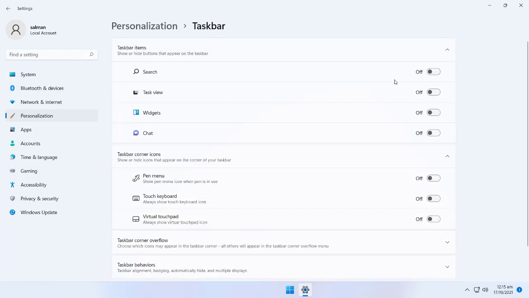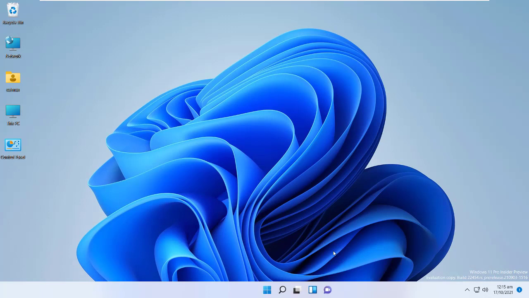As you can see, all the options related to the taskbar are now off, so I just click on that and turn it on. As soon as I turn it on, you can see my taskbar has moved to the normal taskbar position. In this way you can easily go back to your original location. Settings is the second component of Windows 11, it is very awesome, and I will show you some basic advanced features of this option.